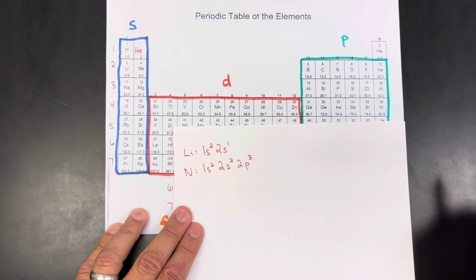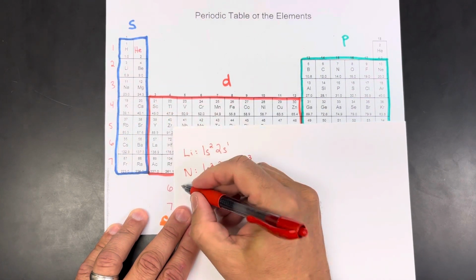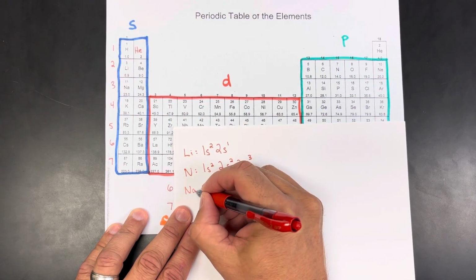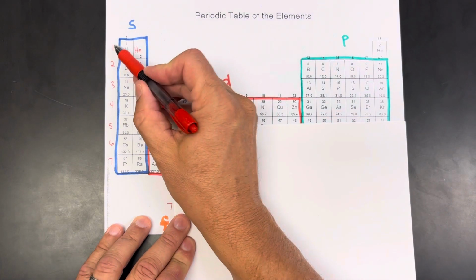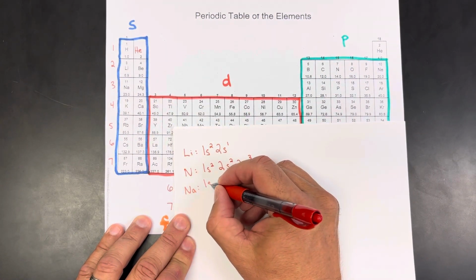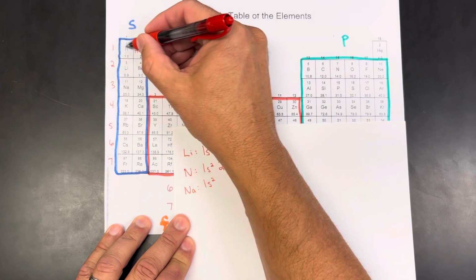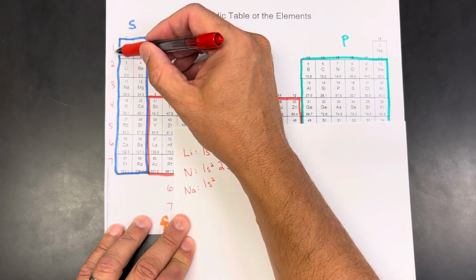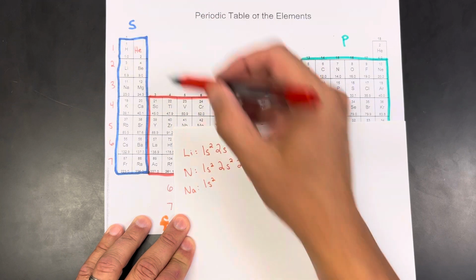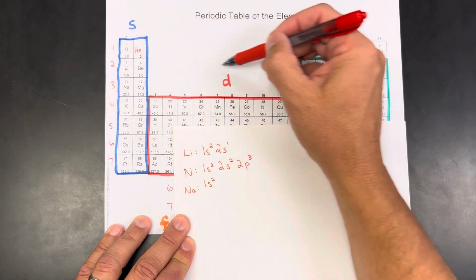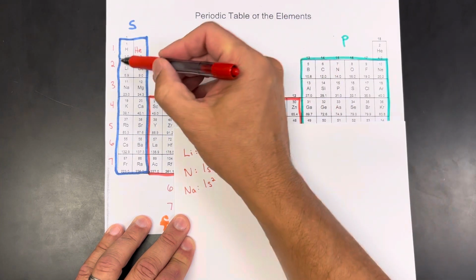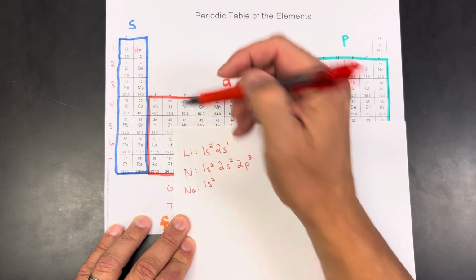Let's do something like sodium right here. We'll go to sodium. So same thing, we're starting in the upper left-hand corner. We're going to go all the way through the first row, so it's going to be 1s, and we go through both of them, so it's going to be 1s2. And we're going to go through this whole second row, okay? So it's going to be 2s2,